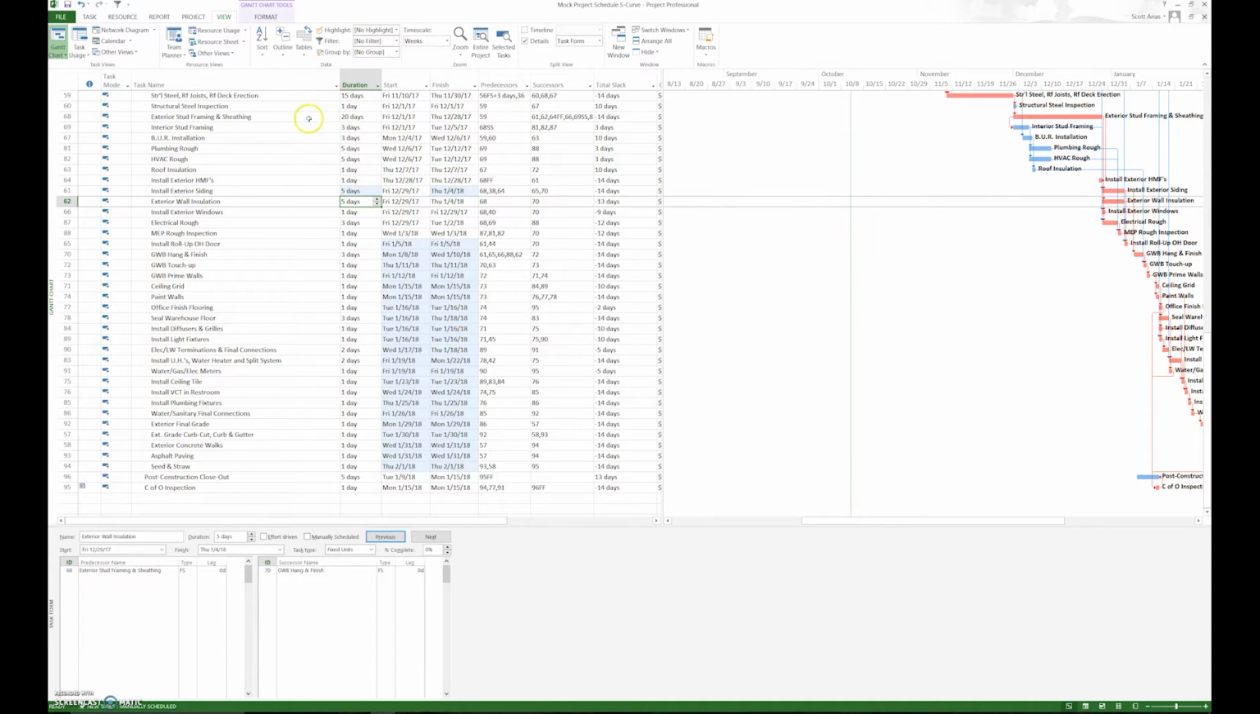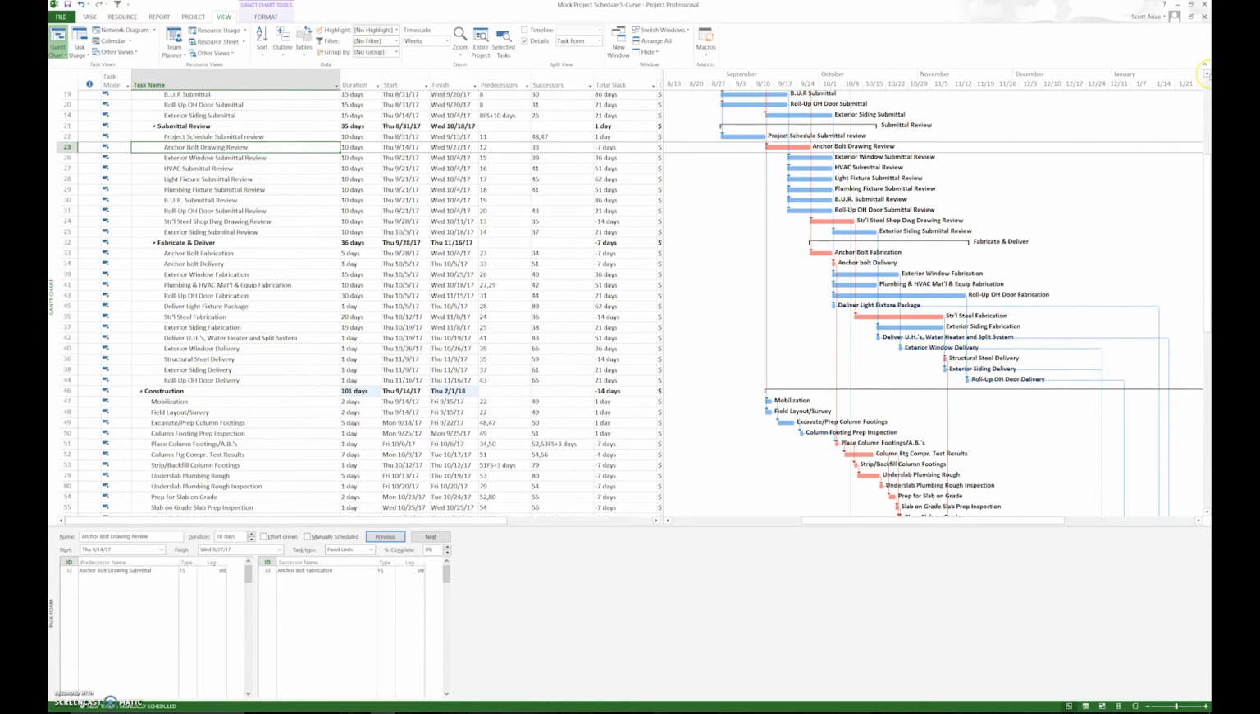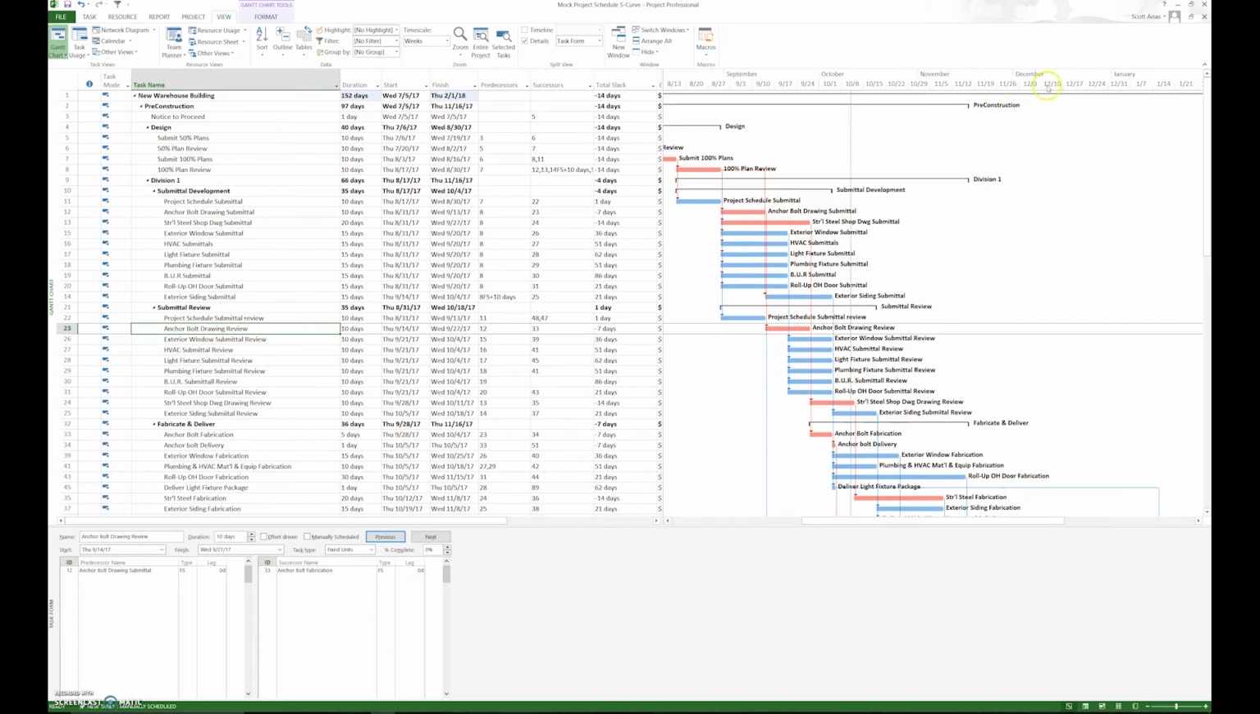That's one way. Exterior stud framing. Do we need to make sure all the structural steel is done before we start that? Yes, we need to, so that one's not going to work. However, we can go early on in construction. We can say, hey, anchor bolt submittals, right? That falls on the critical path. Do we need to wait till the 100% design documents are done before we do the anchor bolt submittals? Not necessarily. We can do a start to start of 5 days, and that cuts 5 days out of the